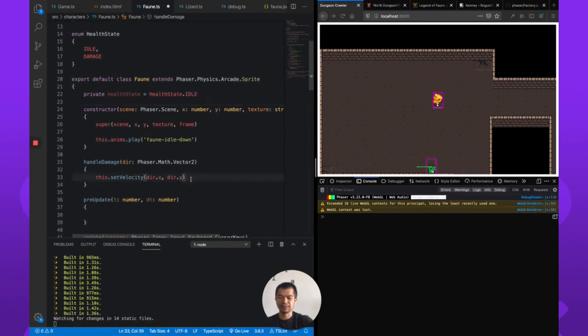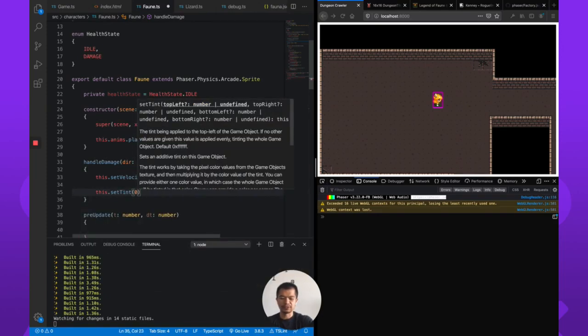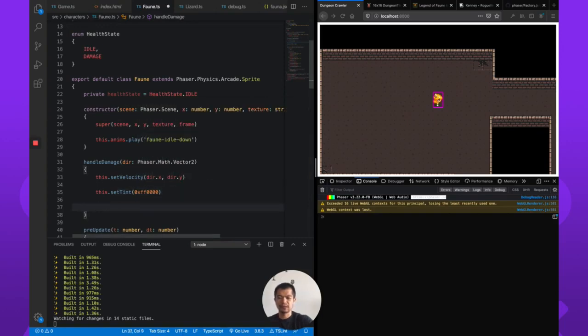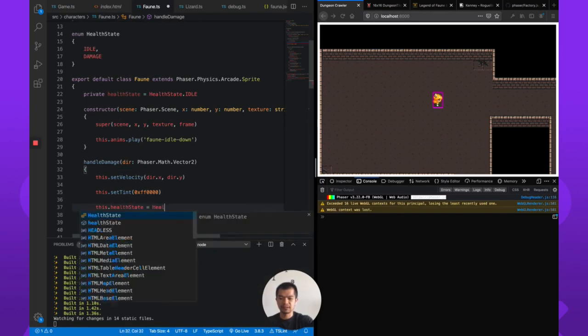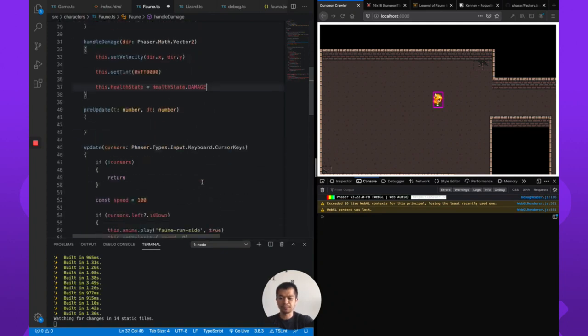So here's what's going to happen. In handleDamage, it's going to bounce back. this.setTint, we're going to have to make a red. And then we're going to do healthState = HealthState.Damage. Now in preUpdate,